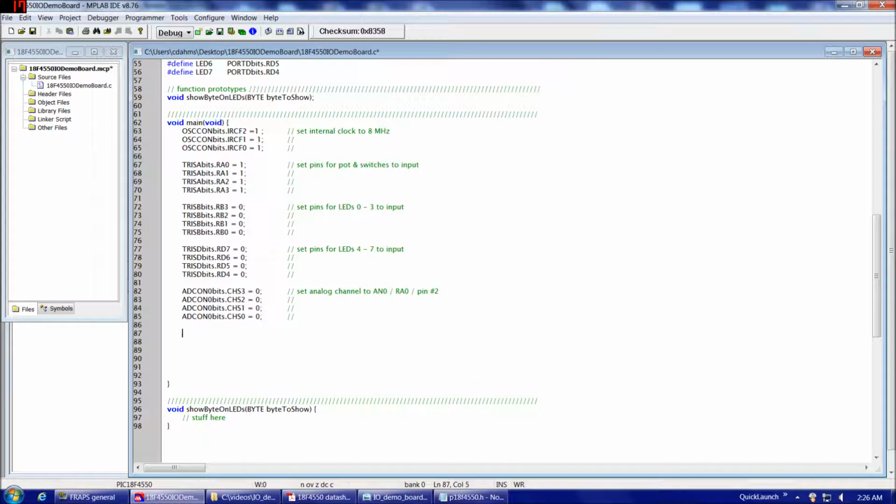So let's go ahead and do that. So add con 1 bits dot VCFG1 is assigned 0. So that's going to set A to D converter negative reference to ground, and then we're going to type add con